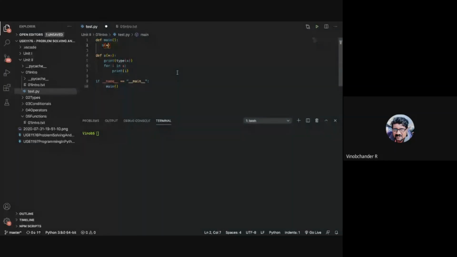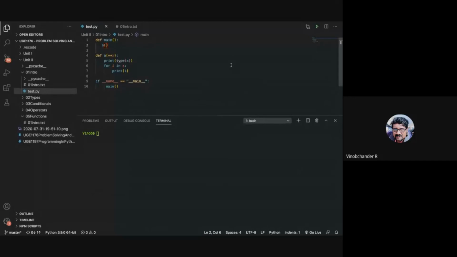Now that we have seen star X, let us see our named variables, or keyword arguments. Keyword arguments are specified with this notation, star star X. And what you do here is you pass in a dictionary. See, I will show you another way. You can also define a dictionary using name equal to value kind of thing. Earlier we have seen how to define a dictionary using our curly parentheses. You can also define a dictionary in this manner.